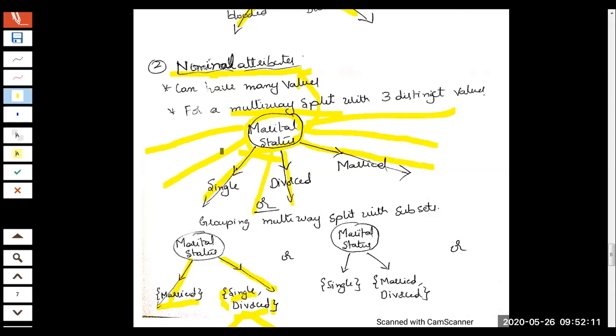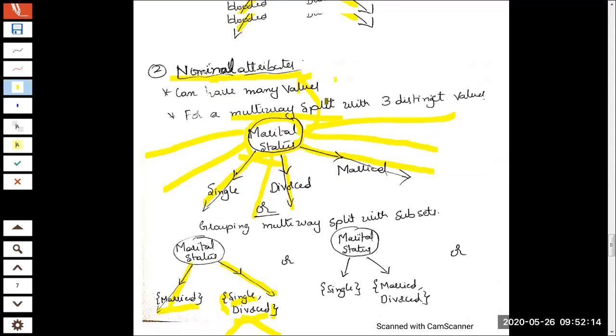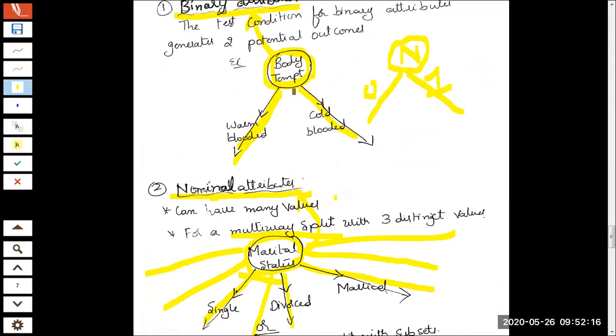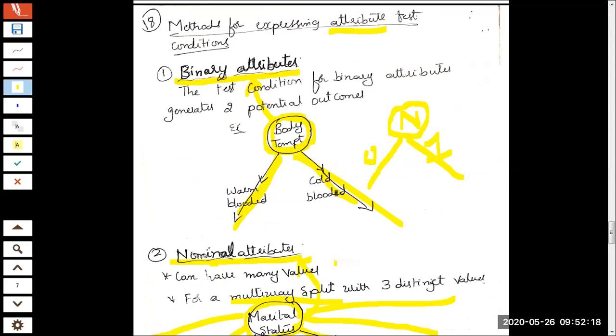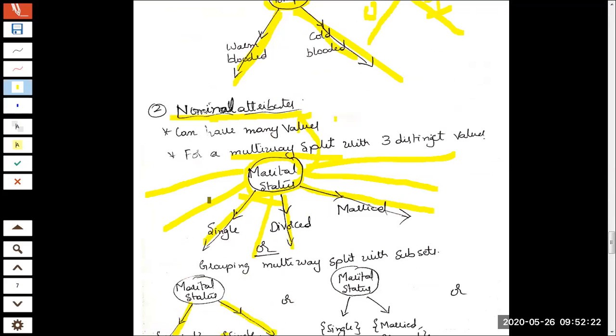If a node has two branches, we call it a binary attribute node. If a node takes you across multiple branches, that node will be called a nominal attribute. Here, node is nothing but attribute.